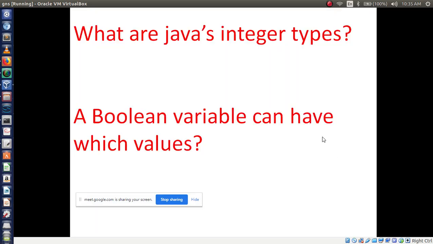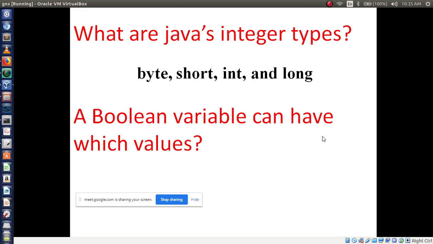Do you know about the integer types of Java? Int is a data type. Yes. Byte, short, long. These all are Java's integer types.